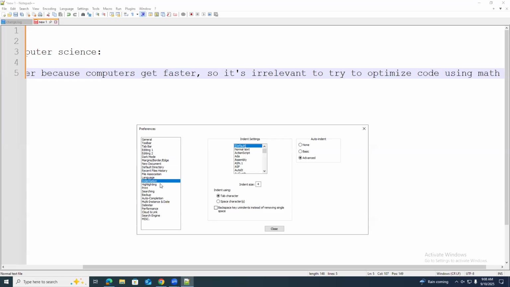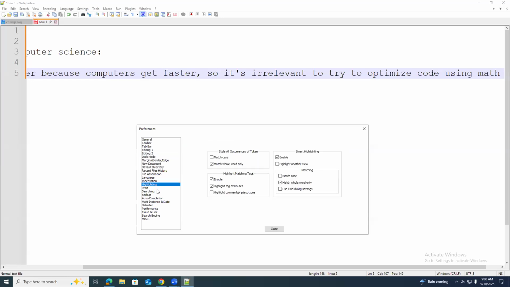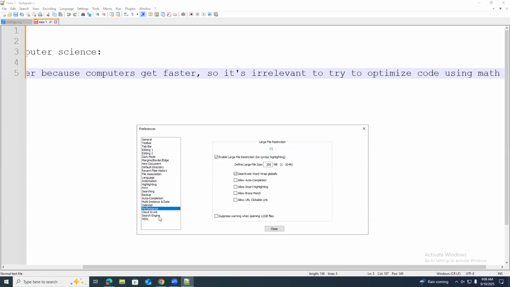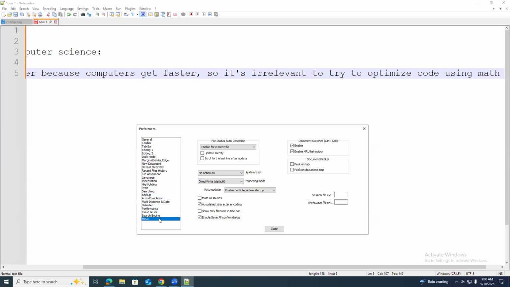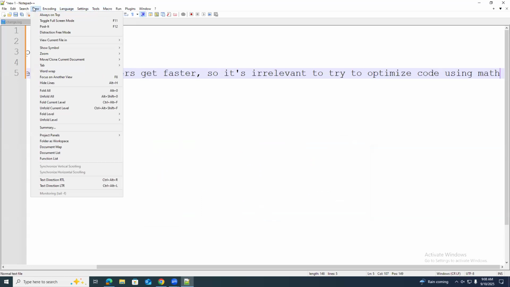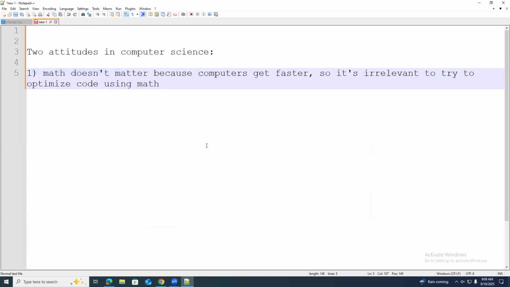Indentation. Auto analysis, none on that. Highlighting. Current searching back. Well, maybe the view. Maybe it's under view. Word wrap. Maybe that's it. Oh yeah, there we go. Okay, so not even in the preferences.